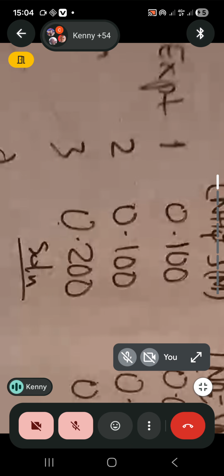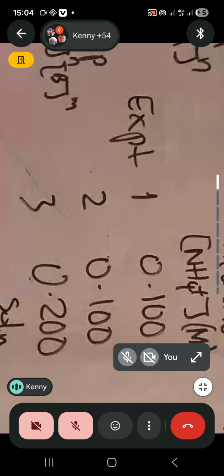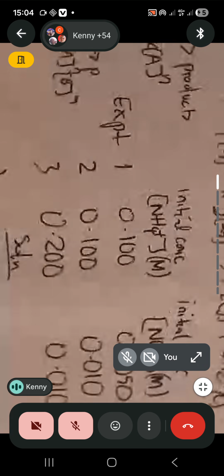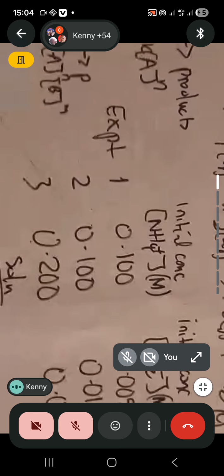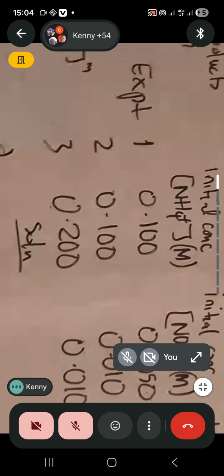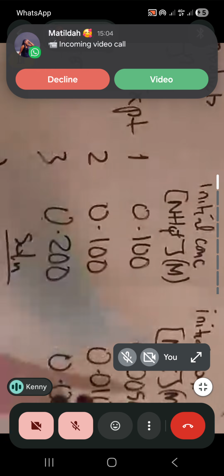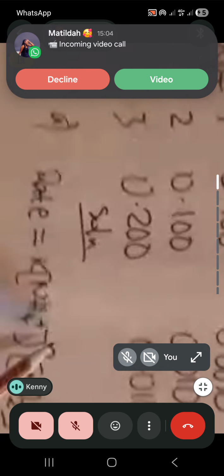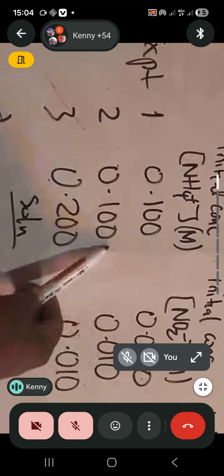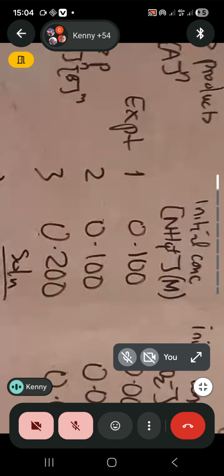Okay. So now you are going to analyze the experiments. We have 3 experiments: 1, 2, 3. First of all, we want to determine the value of n or m. We can start with either one. So first of all, identify 2 experiments where the concentration of